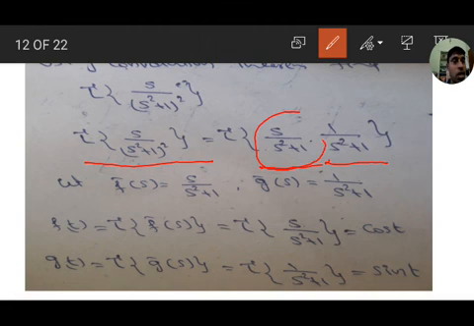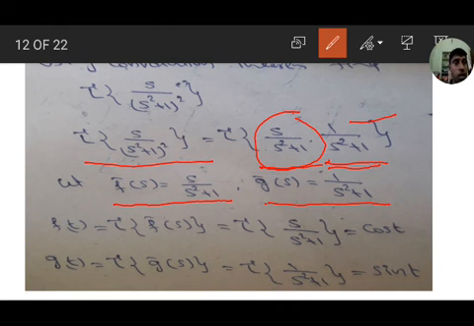It is somewhat difficult compared to the other, the simpler function is taken as G bar S, the remaining is F bar S. So F bar S equals S by S square plus 1, G bar S equals 1 by S square plus 1. So f of t equals L inverse of F bar S, that is L inverse of